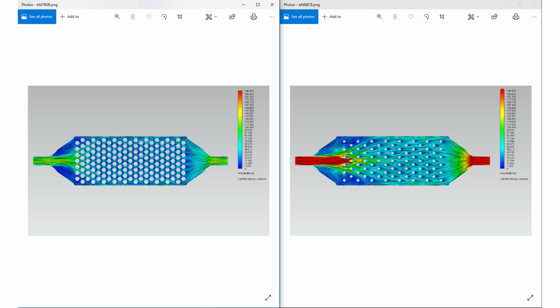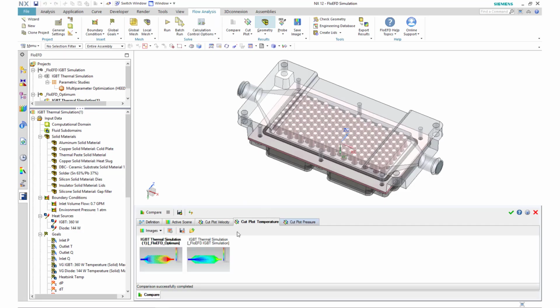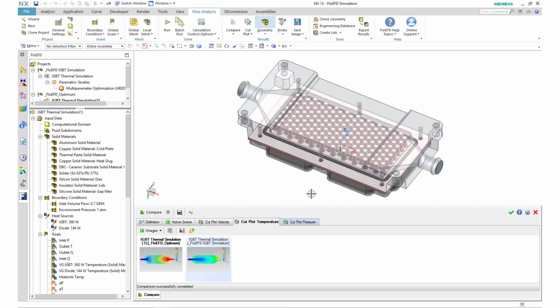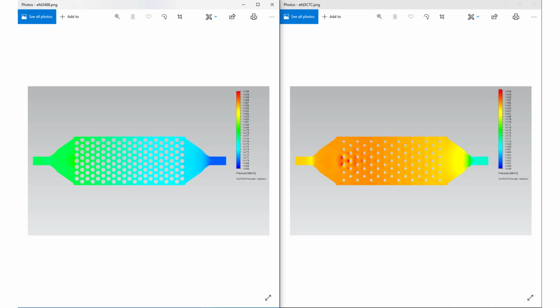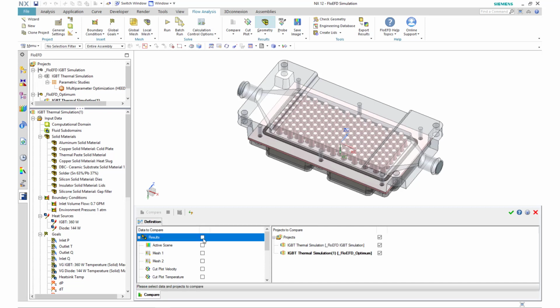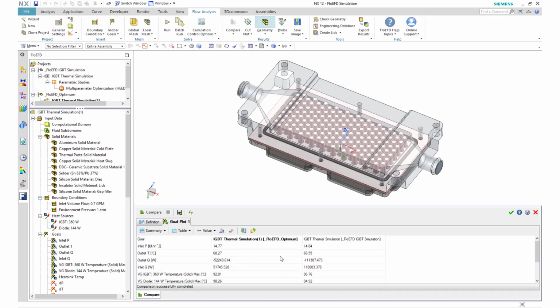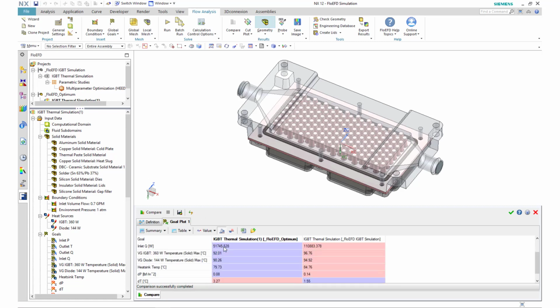We can see there's less circulation in our new design, and also the temperature of the coolant at the outlet is higher than the original design, meaning the coolant is taking away more heat. And we can also look at the pressure plot. We see that we have a less pressure drop than the design before. We can also use the numerical data to compare the results. From this table, we can see clearly that our maximum temperature drops and the delta P decreases as well.